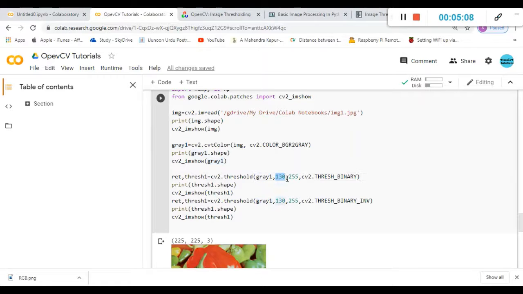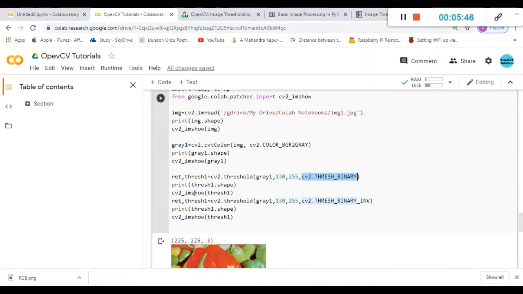This is the threshold value, that is 150, and this 255 signifies that if the value of the pixel is greater than 150, it should convert itself to 255. If it is less than 130, it should convert it to 0. So that is why I've given the threshold value as 130, and I am using an identifier called cv2.THRESH_BINARY. This inbuilt function cv2.threshold has a lot of identifiers, so you can change this based on your application. For now I'm using cv2.THRESH_BINARY.